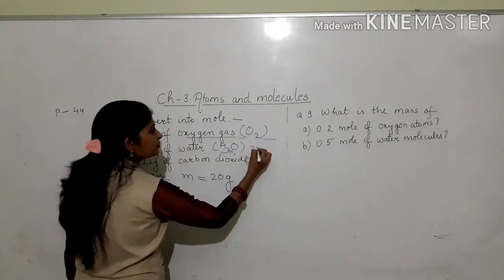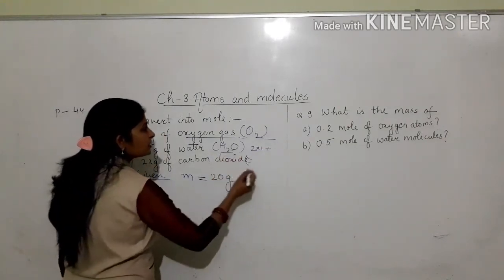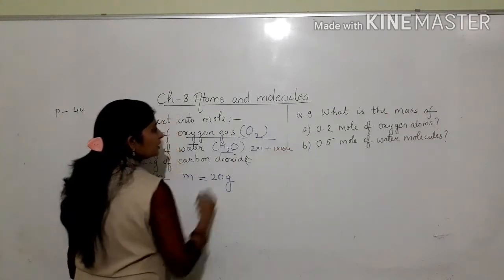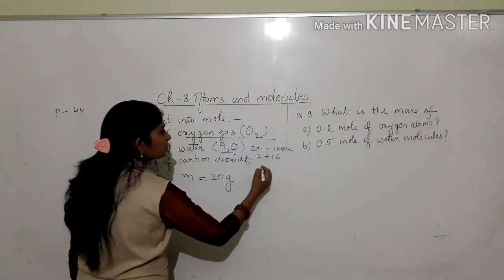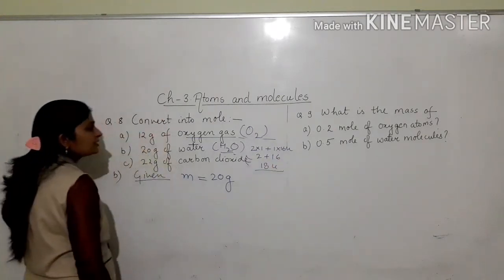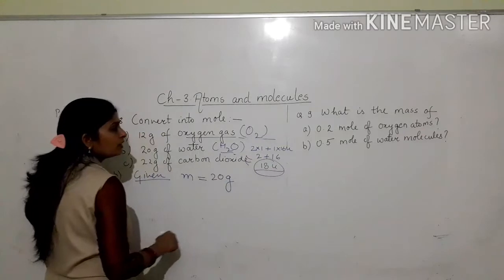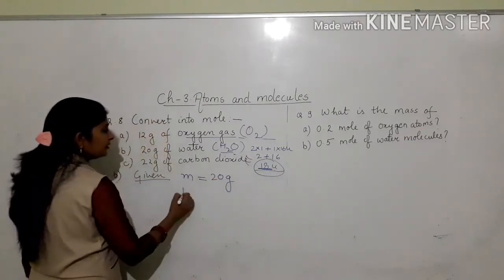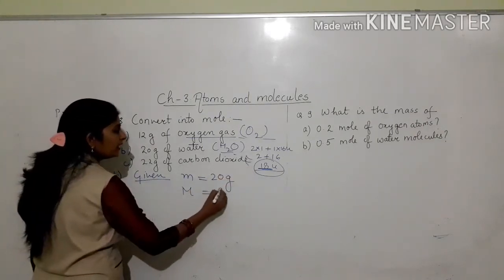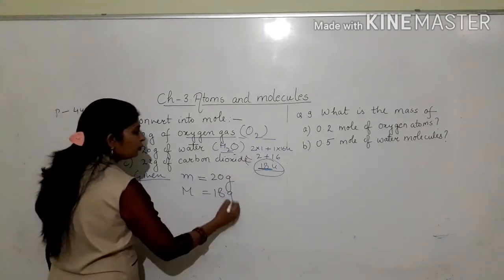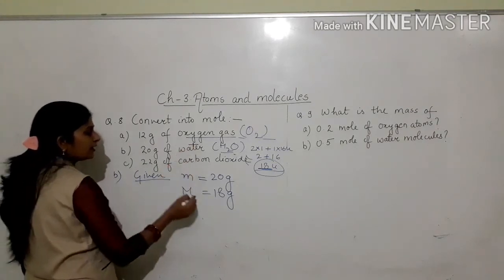Then two hydrogen atoms will have mass 2 into 1, plus one oxygen atom which is having 16 U mass. So 2 into 1, 2, plus 1 into 16, 16. 2 plus 16, 18 U. So what is the molecular mass of water H2O? It is 18 U. It has numerical value 18. So its molar mass will have the same numerical value 18. In place of unit U, we will write unit g. So molar mass, denoted with capital M, of water is 18 gram.